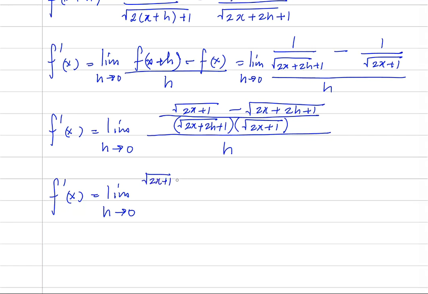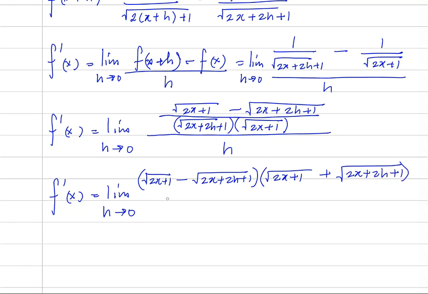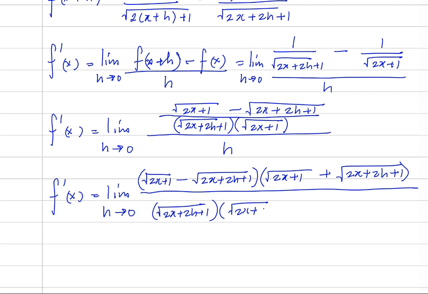2x plus 1 minus the root of 2x plus 2h plus 1 multiplied by the root of 2x plus 1 plus the root of 2x plus 2h plus 1, and this is all over the root of 2x plus 2h plus 1 multiplied by the root of 2x plus 1 multiplied by the conjugate of the numerator, which is the root of 2x plus 1 plus the root of 2x plus 2h plus 1. Alright,